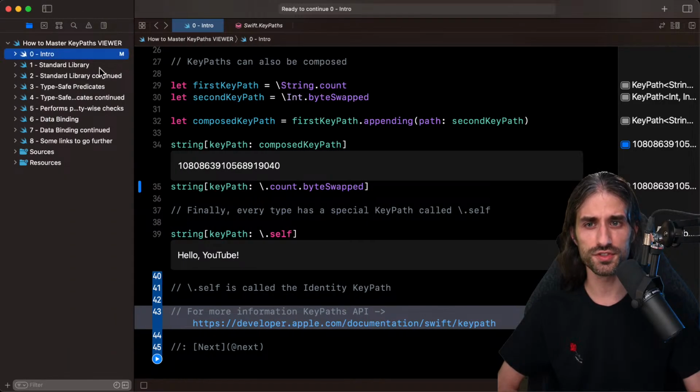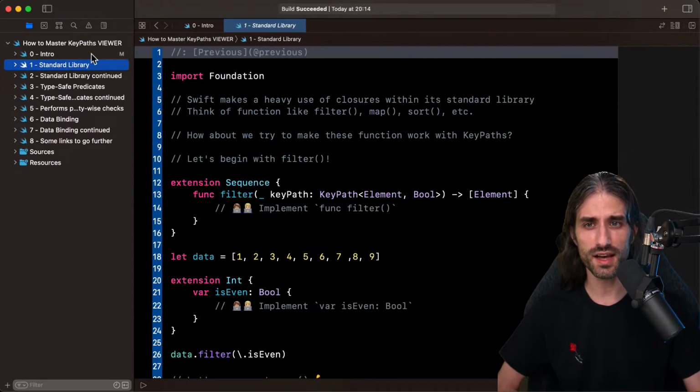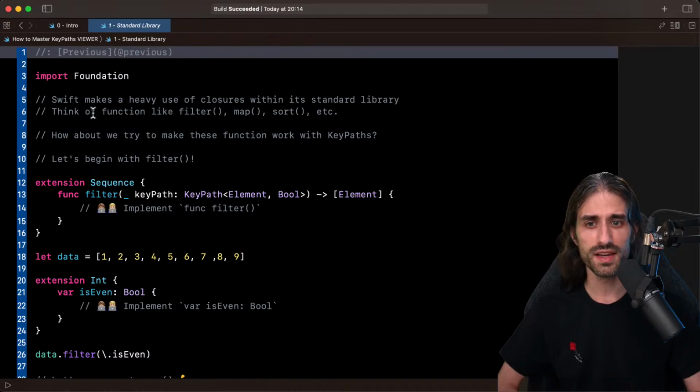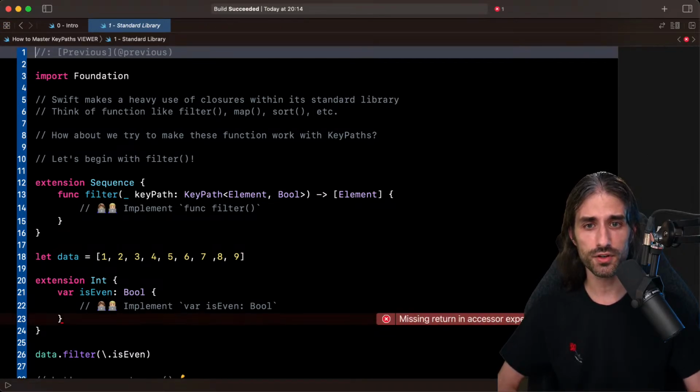So now let's move on to the second page called Standard Library. In this page, we're going to see how we can implement some functions from the standard library, like filter, you can see here, and make them work with key paths instead of closures. If you've used Swift, you're very likely to have used higher order functions from the standard library.